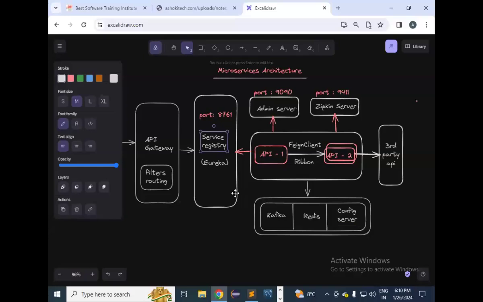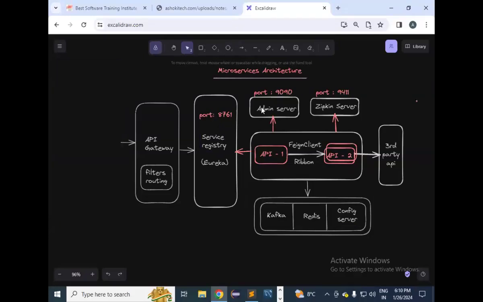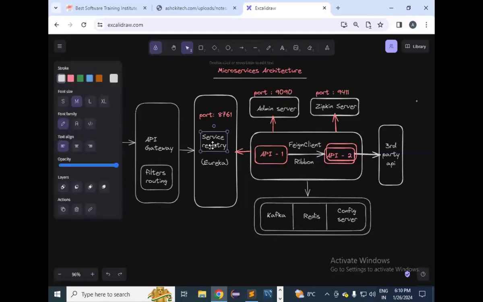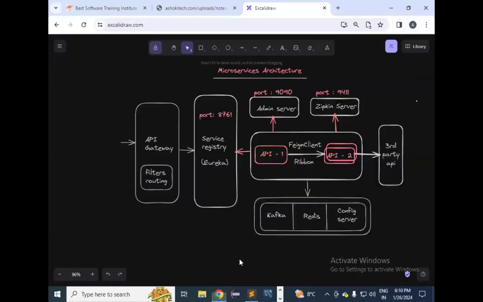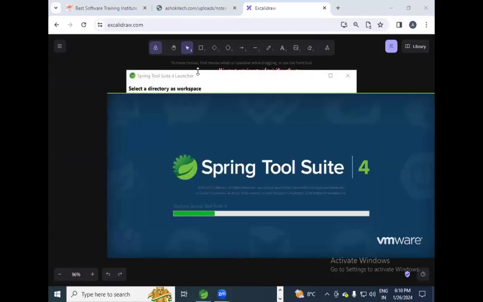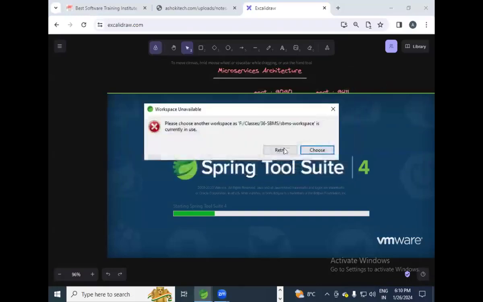Service registry is used to maintain the list of services available in our application. One application can contain multiple services. So once you go to the service registry dashboard, we can understand what services are available. Okay, so let's